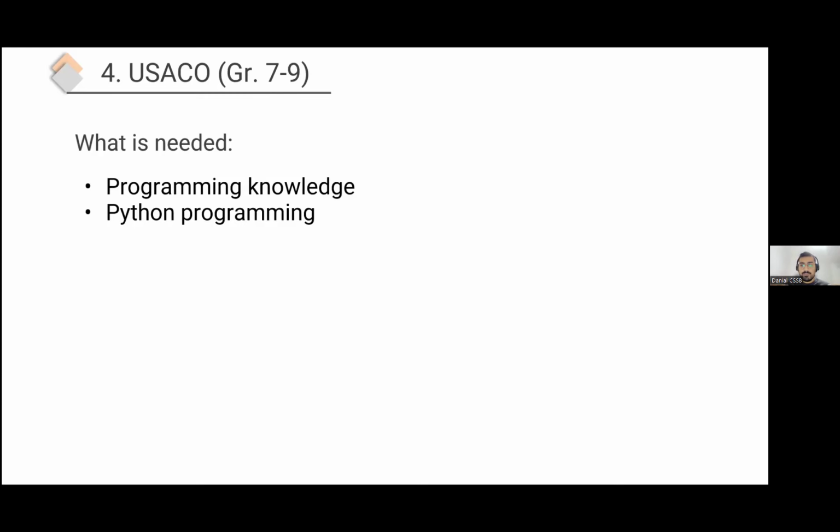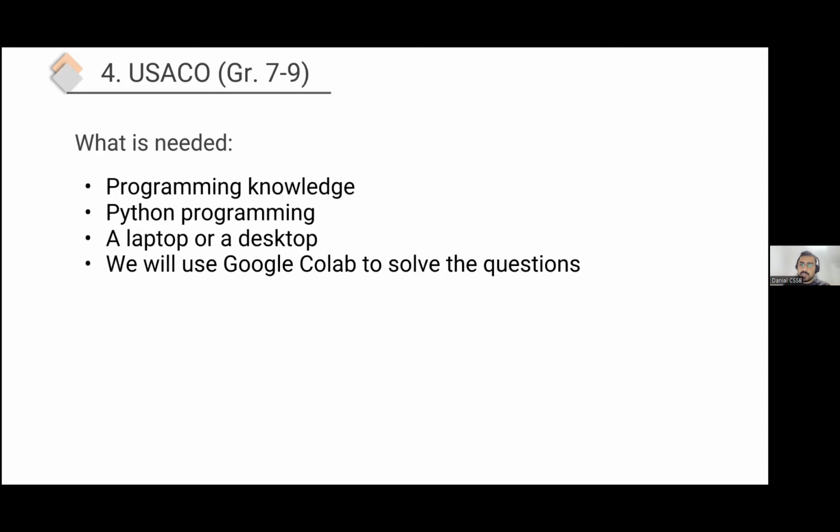It is very important that if they don't know Python, they first take a Python class and then tackle this series. They need a laptop or desktop. We're going to use Google Colab, which is available online for everyone for free, and no other software is necessary.